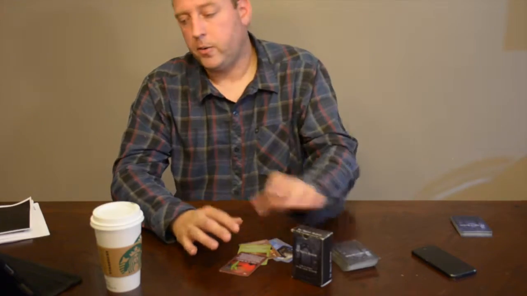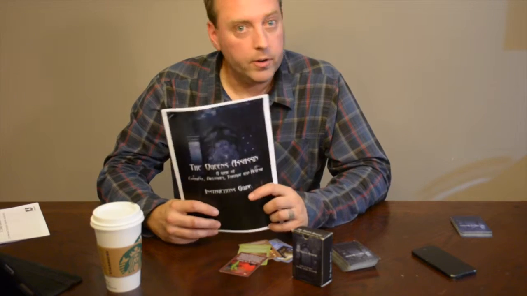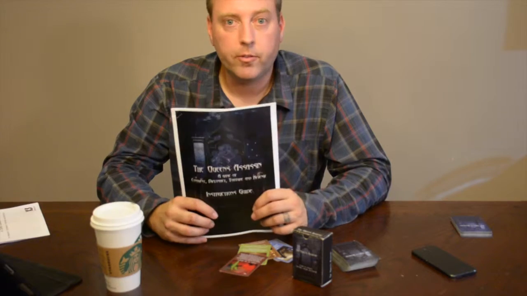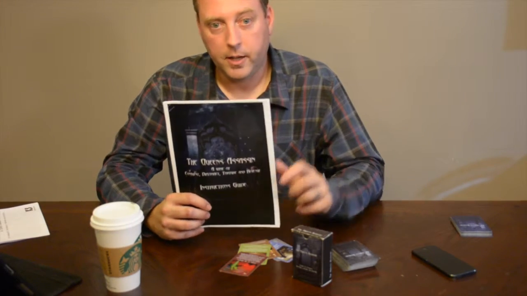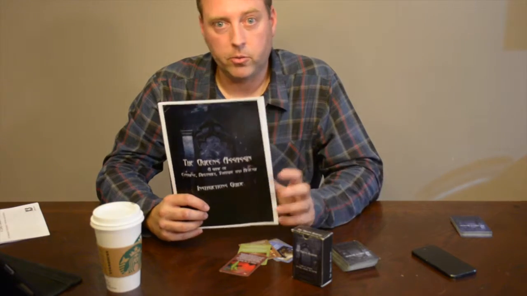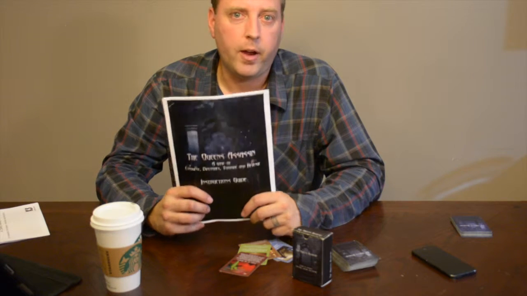When you do buy the Queen's Assassin, I would encourage you to download the instructions guide. Currently it's 24 pages long. The game is not that difficult, but it does have an overview. It has a little tiny story about the game. It also has a gameplay walkthrough for those of you who want to see it. It also thoroughly explains every single card. I think it's necessary for you to have for your first few games. If you ever lose your copy, there's always one at